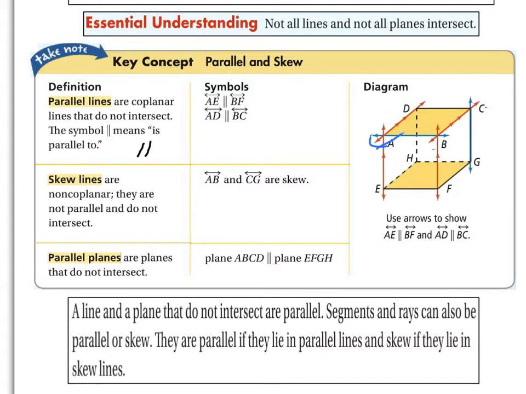Skew lines. Skew lines are non-coplanar, so they're not in the same plane, they're not parallel, and they do not intersect. Okay, so lines that are not in the same plane, they're not parallel, they do not intersect. So the example that they give here of skew lines is AB, which is here, and line CG, which is here. They're not in the same planes, so they're not on the same part of the box. Okay, they're not parallel. In other words, they're not going in the same direction, and they don't intersect because they're